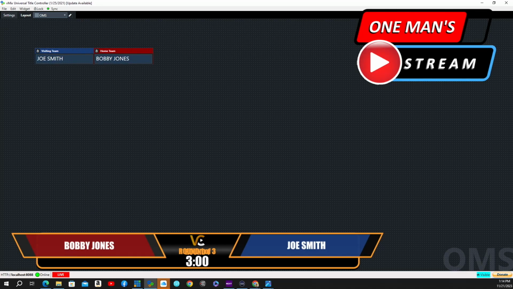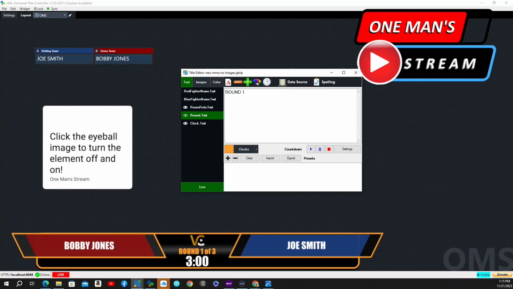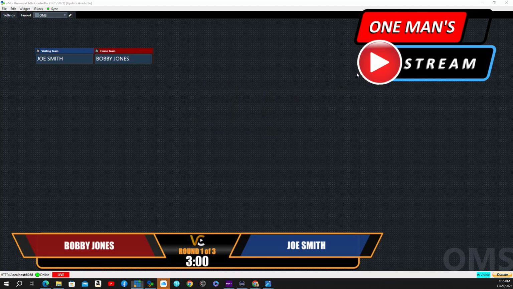We're going to do one more. Actually, I just noticed under this widget, I have a couple things displayed over one another. I have the round one of however many rounds there are, and then the round number superimposed over that. So I'm just going to turn off round text, and it's going to leave this one here round 1 of 3. So I'm going to go ahead and X out of that, and I'm going to make me one more